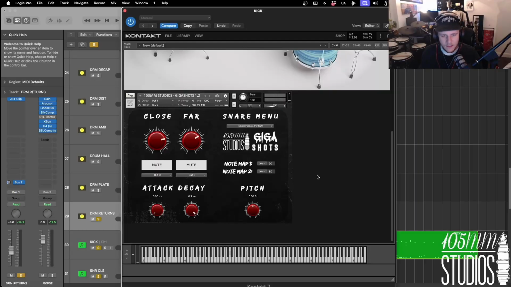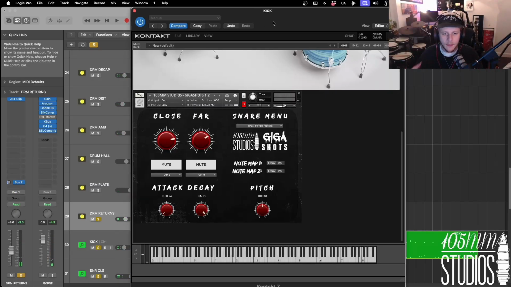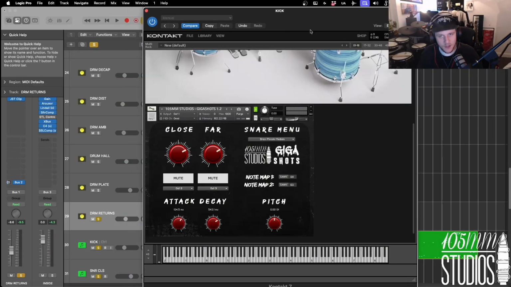And I wanted to mitigate that by giving you the option to taper off the attack of the Gigashot, leaving you with just the ring and the decay. So I've changed this to the brass piccolo medium one more time, just so we can hear what it sounds like. Very typical kind of modern metalcore snare there. I'm going to unmute Gigashots, and I'm going to bring the attack in. When I solo out, Gigashots is going to sound like this,